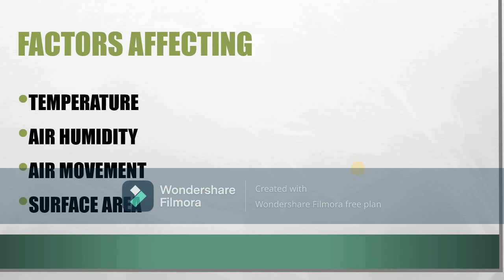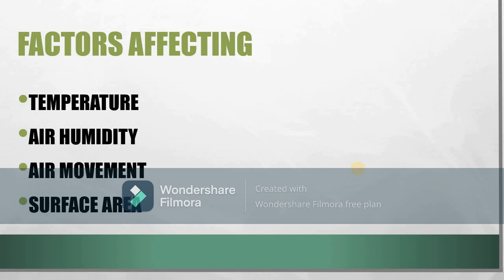Next is about the factors that are affecting the rate of transpiration. The first thing is temperature. As we all know, if there is a higher temperature, there will be more transpiration, because higher temperature means the amount of water in the outer environment is lesser, and as we studied, water moves from higher concentration towards lower concentration, so the rate of evaporation increases. And if the plant is at a very high temperature, that is 40 to 45 degrees centigrade, it causes the closure of stomata, so transpiration stops and the plant does not lose much needed water.